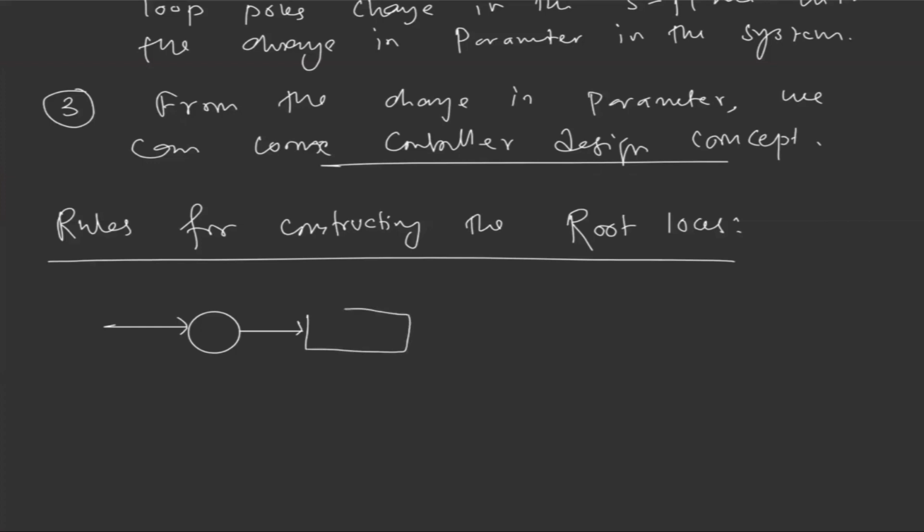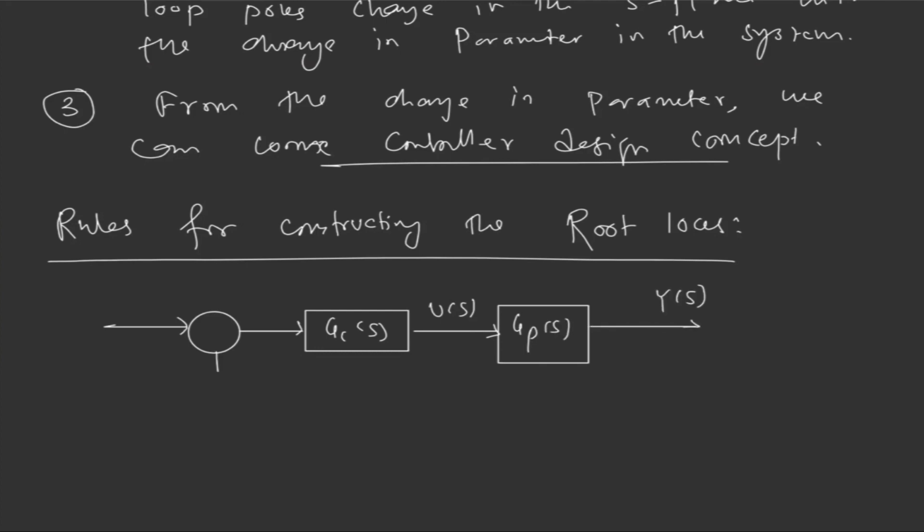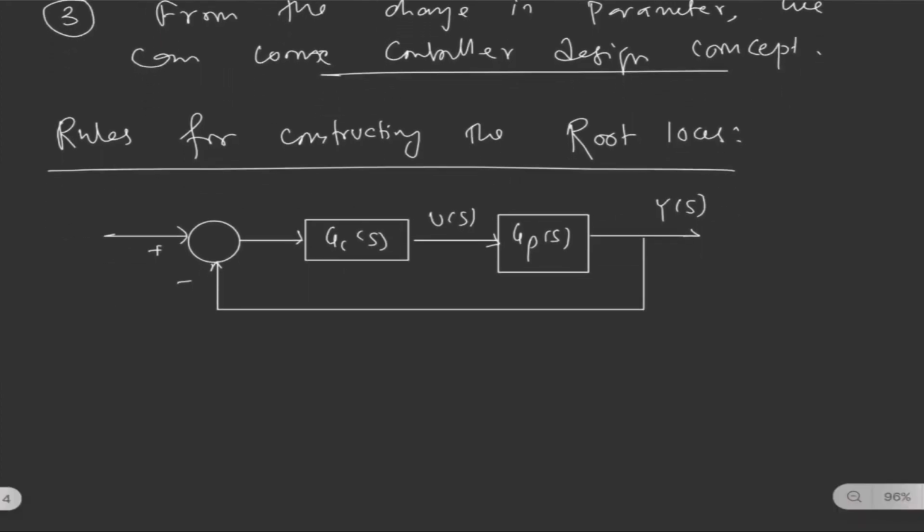This is our controller block, GC of S, which gives the output U of S to the plant GP of S, and from the GP of S we get the output Y of S. We are assuming a unity feedback system, and R of S is a step reference signal,